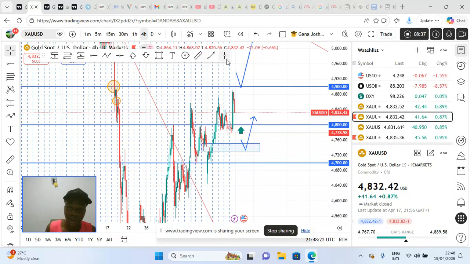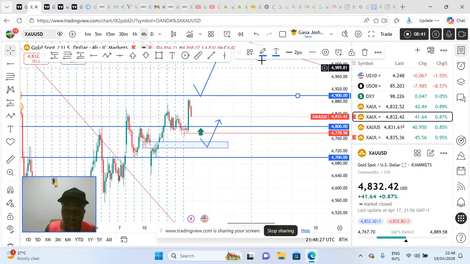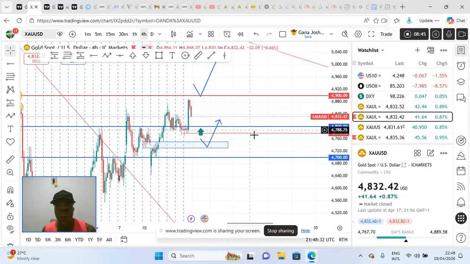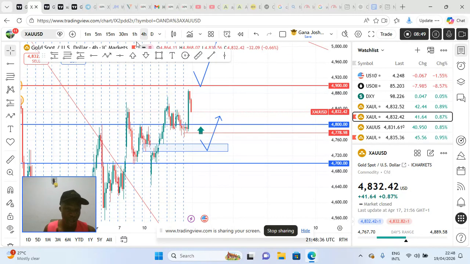Price will not just move. This level is a resistance as far as we know. So these are major supports, these are resistances. Now we are operating from the 4 hour. We're just trying to get the whole overall direction. This is not where we take entries. We take entries on the 5 minute, 15 minute. You understand?